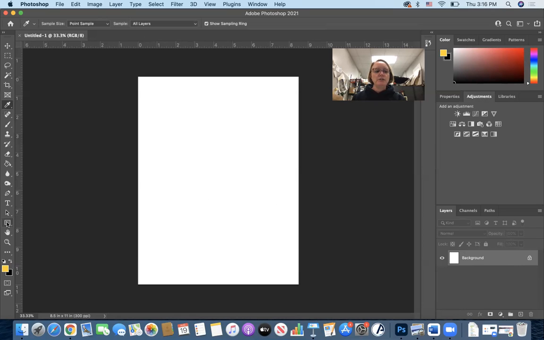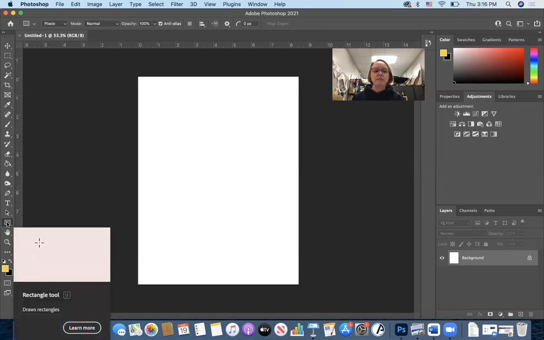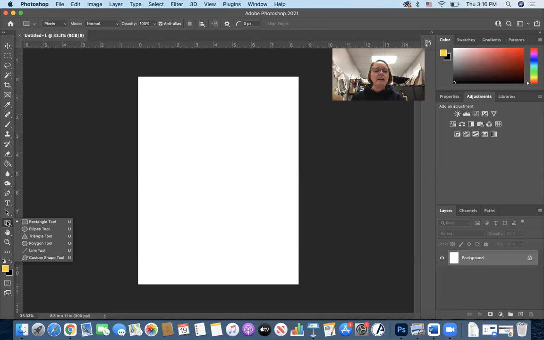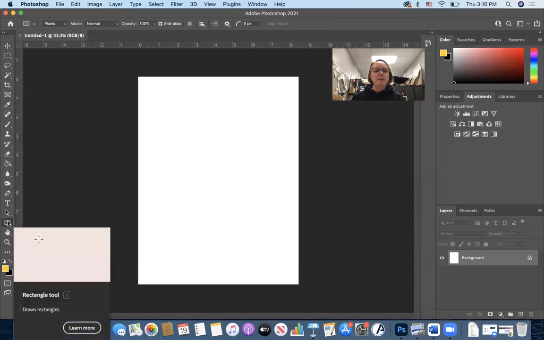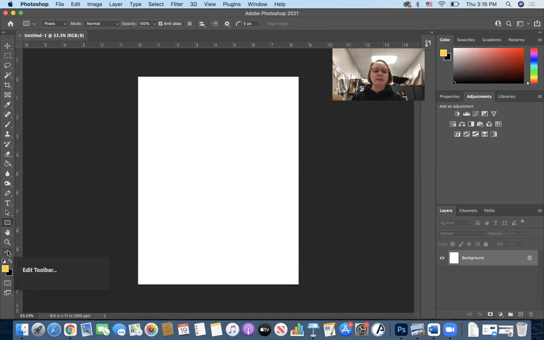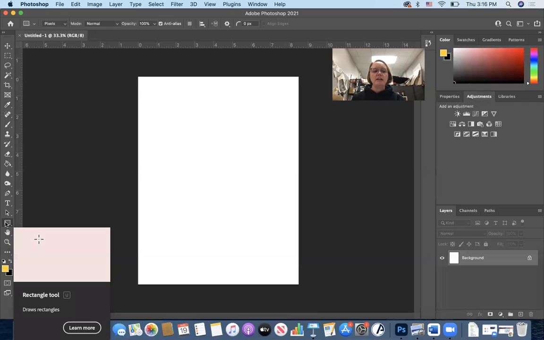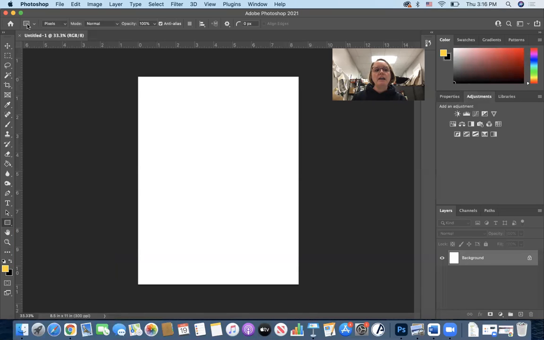Now, if I were to choose my shape tool, which is down here. Also, there were a couple people I noticed in class, their shape tool was hidden underneath this little 3 dots. So if you're not seeing it in your toolbar, then look under those 3 little dots. So if I have the shape tool chosen and I come up to my submenu and I choose the word shape,